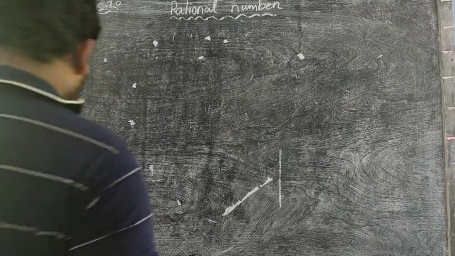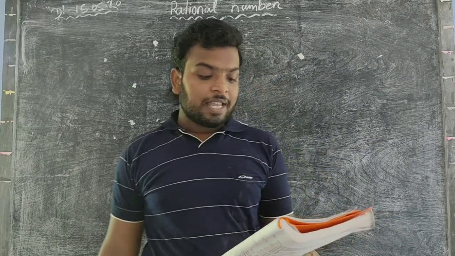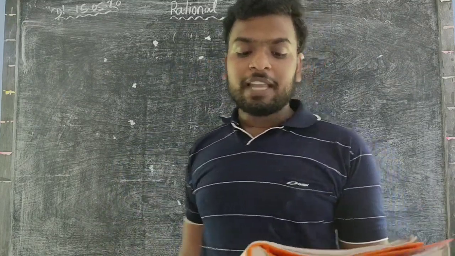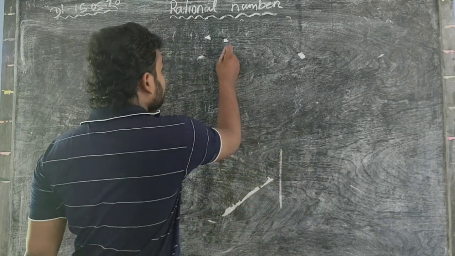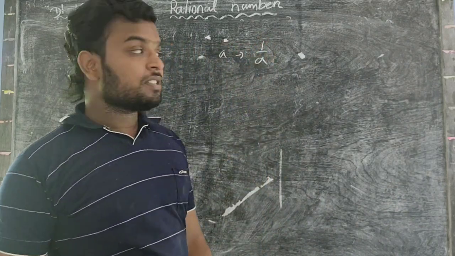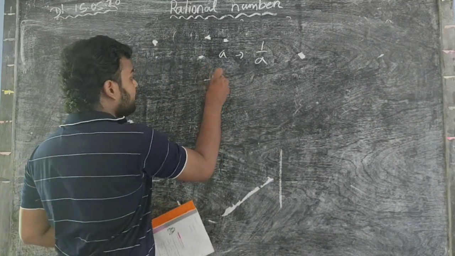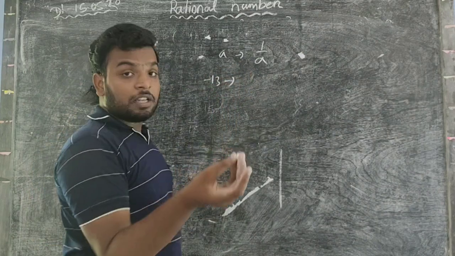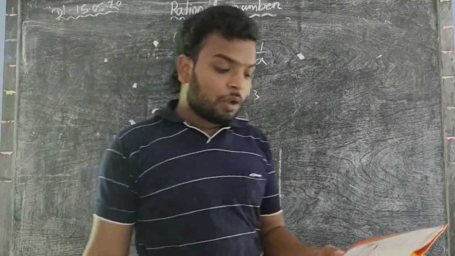So this is all about 2 numbers. Then you do 3 numbers at home. Then the 4th number is the multiplicative inverse of the following. Multiplicative inverse, you know that if a is a number, then its multiplicative inverse is 1/a. There is no change in sign. So the first one is minus 13. So the multiplicative inverse of minus 13 is 1/-13. So in this way you do the 4th number.